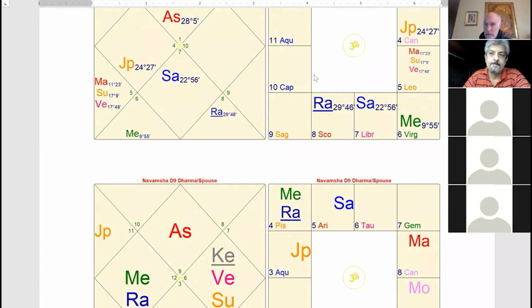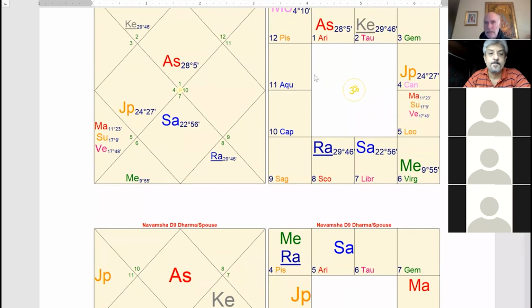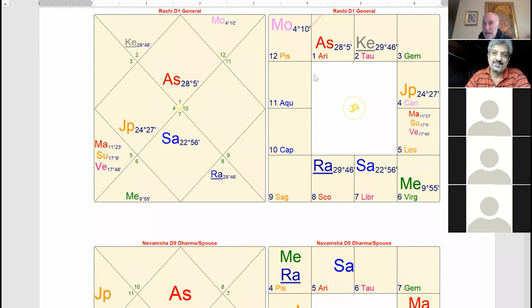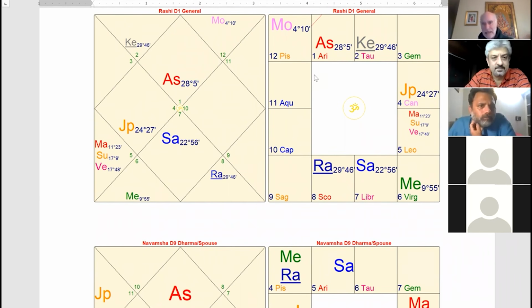That if it's a trik house, not including the third house, a trik house, 6, 8, 12, then that's not said to be a favorable point. And again, I don't take any of these principles as being dogma. What I do is I research them, right? Or I try to see where they apply, where they seem not to apply, where they might get modified. This is actually a case where the Pushkar Navamsha planet is in a sign in Navamsha that is not a good house in the birth chart. It's the 12th house, right?